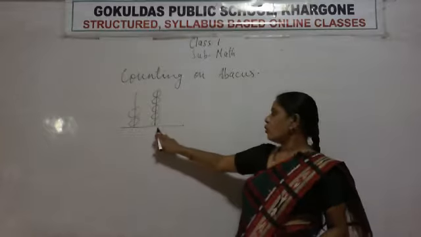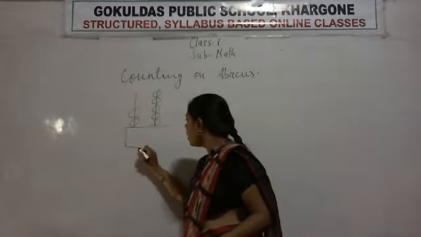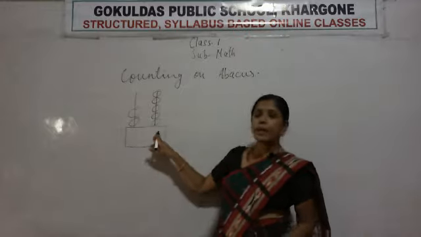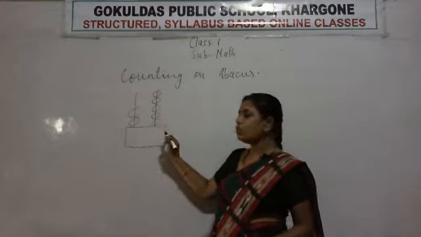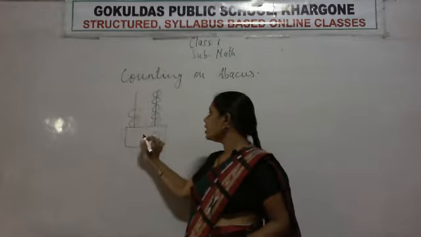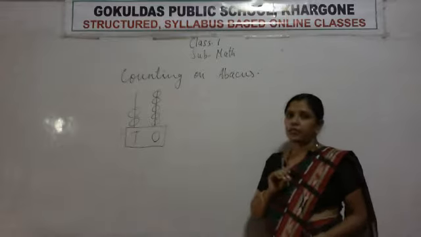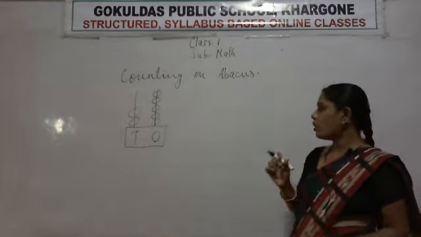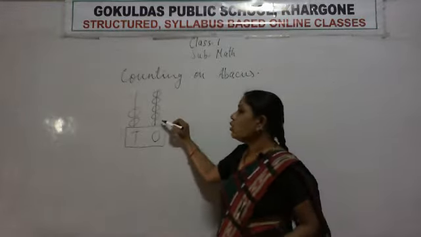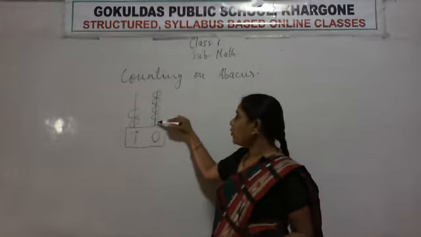So which place value? The first bead of abacus, what is its place value? Its place value is ones. And what is the place value of this? The place value of the other is tens. So first what we are going to do? We are going to count the number of beads on this abacus.